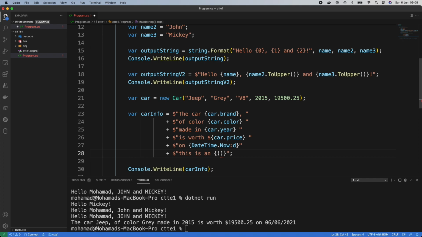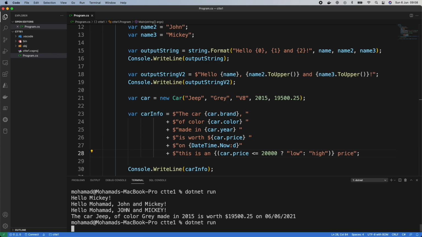So the condition here is going to be the car dot price. I'm going to say if it's less than 20,000, this is a low price, but if it is higher than 20,000 or equal, let's say higher or equal to 20,000, we can say this is going to be a high price. And then after the string interpolation, I can just add the word price here. Now let's run this and see if this condition will actually work. So .NET run,